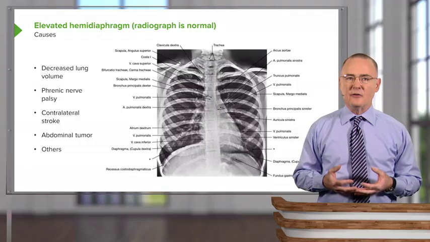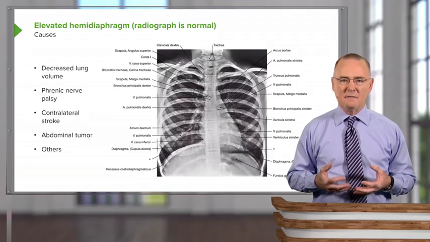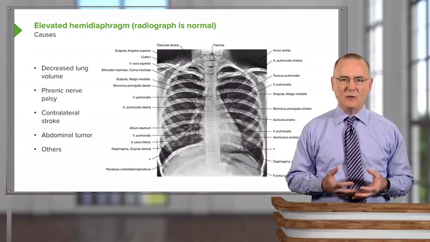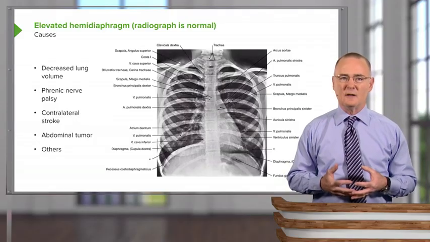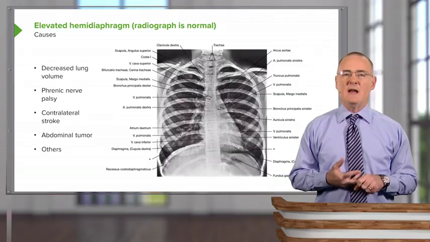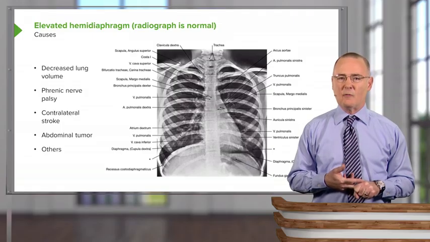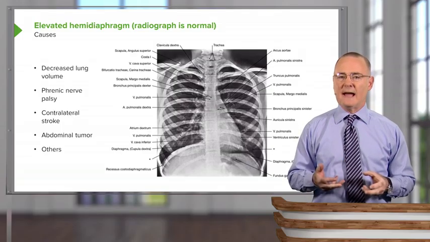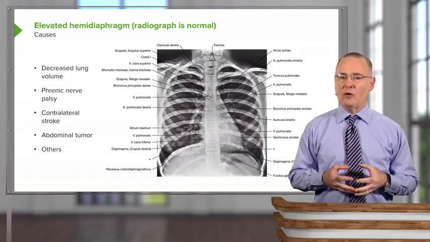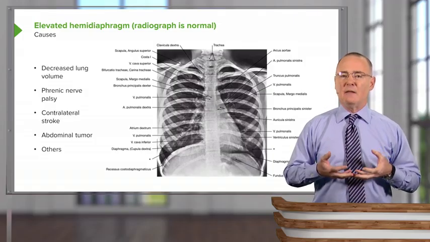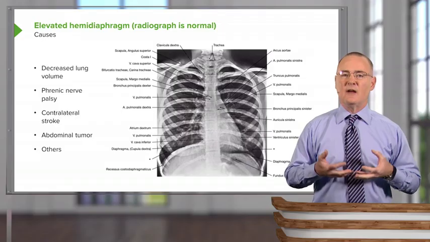And some of the causes of having an elevated hemidiaphragm, keep in mind that this radiograph is the one we saw before. It is normal, but if you had a decreased lung volume, for example, if you had a pneumothorax within the right pleural cavity, the right lung would collapse,